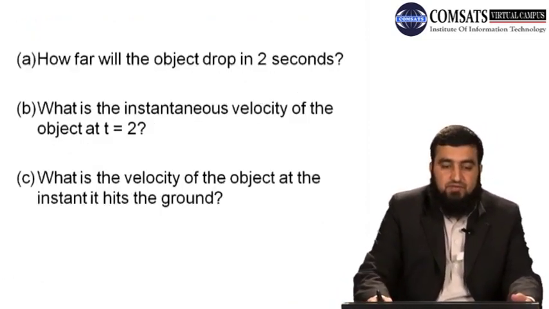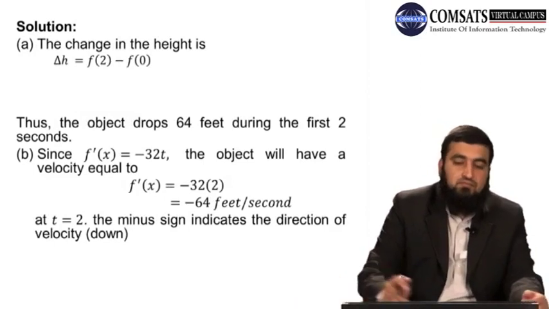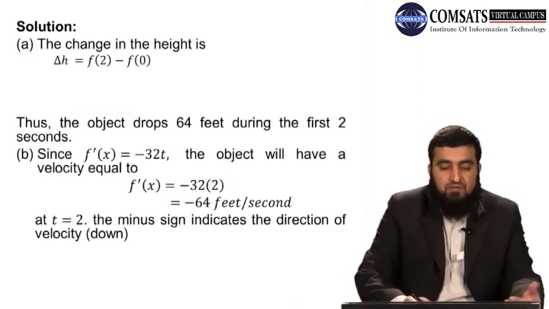So now basically we have three questions. Part A is: how far will the object drop in 2 seconds, यानी जब ऑब्जेक्ट को उस क्लिफ के ऊपर से हमने छोड़ा है तो 2 सेकंड्स के अंदर जो ऑब्जेक्ट है वो कहाँ तक जाएगा। So solution A. We know that the change in the height is f of 2 minus f of 0, यानी हाइट के अंदर जो चेंज आ गई है, पहले वो टाइम t इज इक्वल टू 0 पे जो था उसकी हाइट थी 1296 फीट। तो अब हम जो चेंज है उसको हम f of 2 माइनस f of 0 से फाइंड करेंगे।